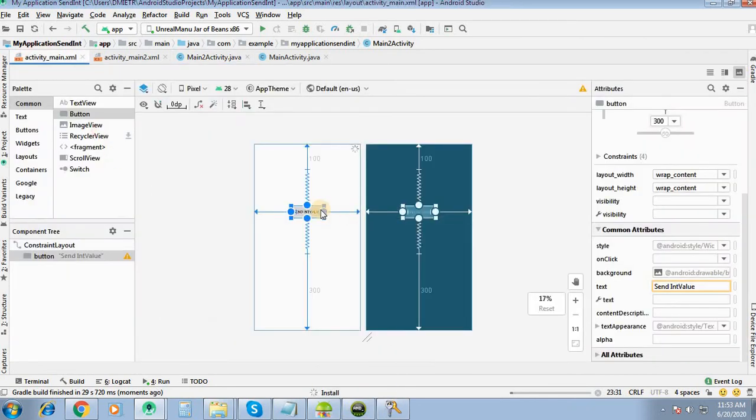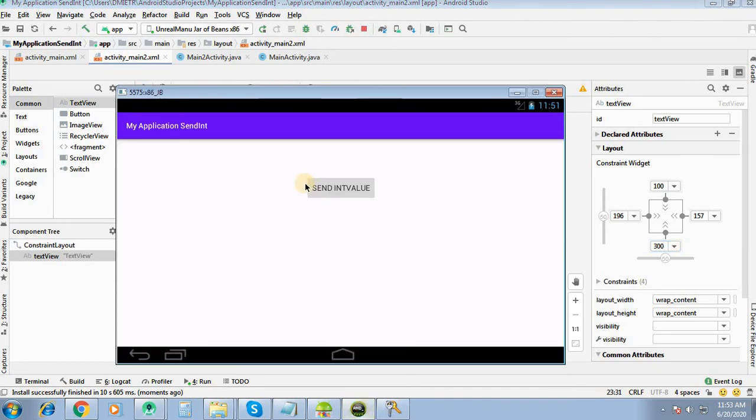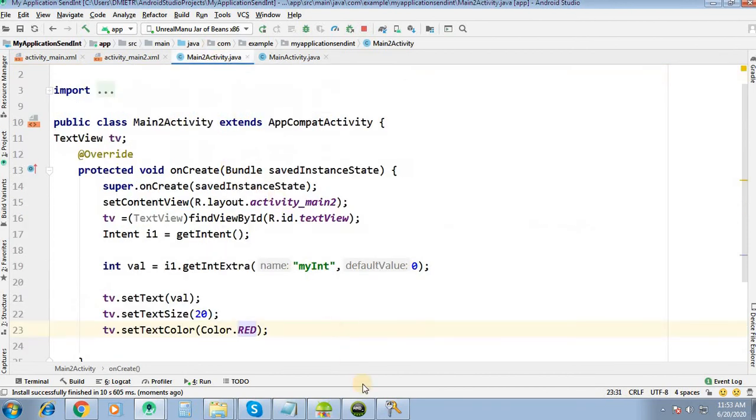In the main activity we have the button send int value, and in the second activity we have the text view. We are sending 40 and it is going to be set on the second activity.